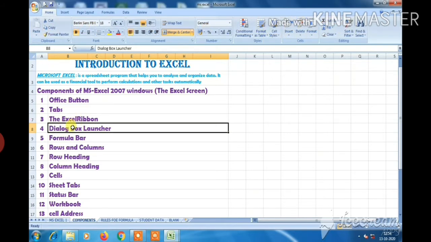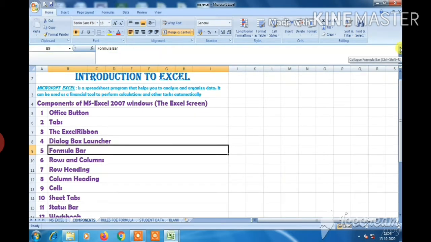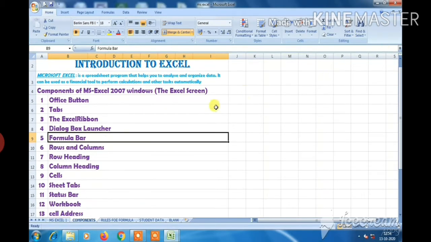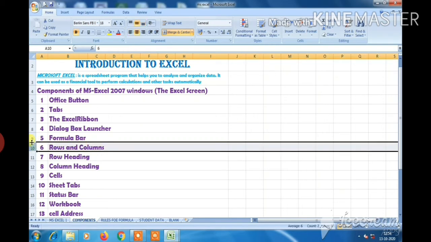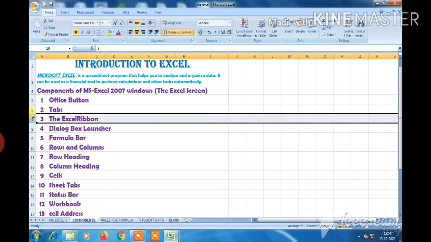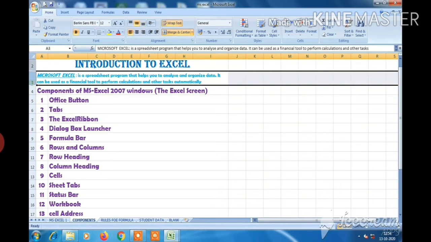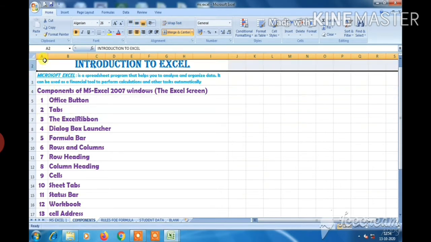Next feature is dialog box launcher, and next feature is formula bar. The formula bar is an area to input formula into cells. And next feature is rows and columns. Rows are arranged in horizontal and columns are vertical.